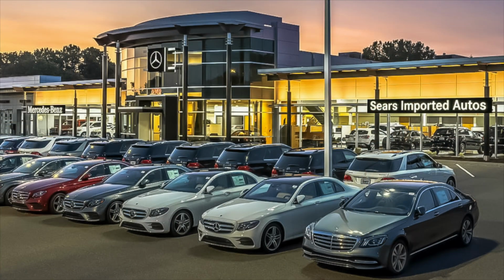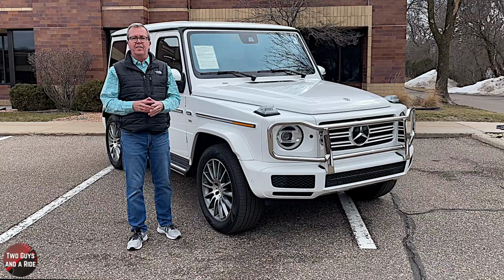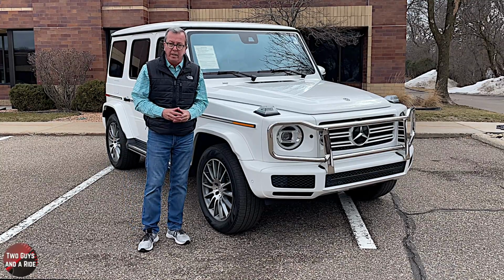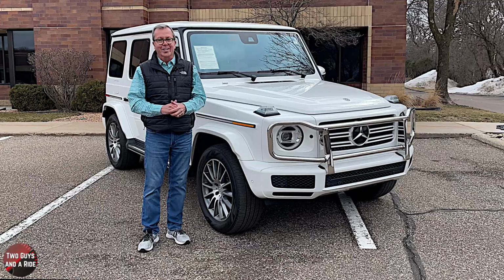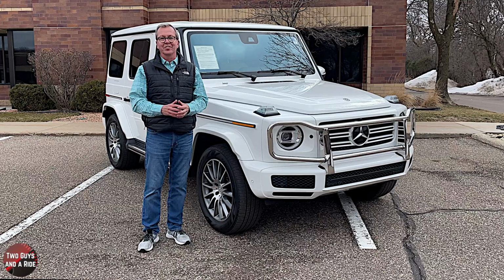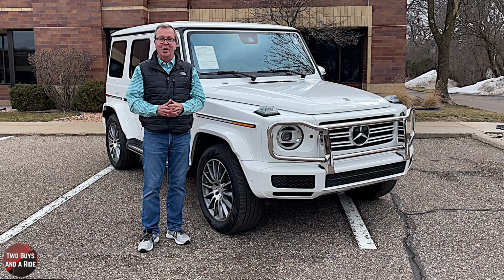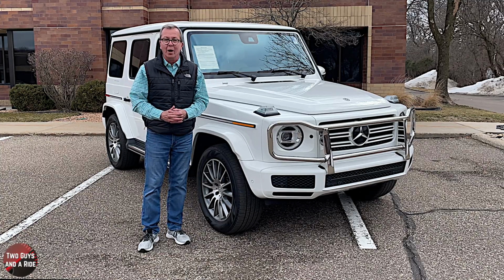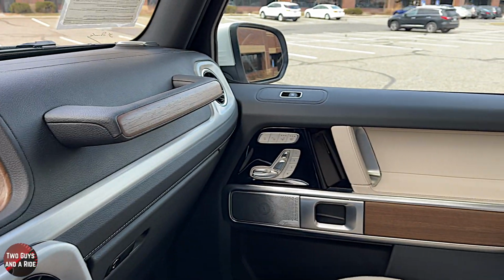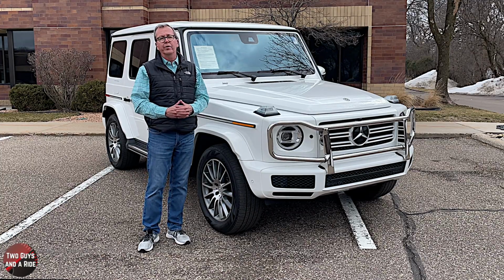Today, we're working with our friends at Sears Imported Autos, selling beautiful Mercedes-Benz in Minnetonka, Minnesota. This is a 2021 Mercedes-Benz G550, and there are currently 45 exterior colors with 29 interior colors and 7 different trim options available for the G Wagon. Boy, that's a lot of choices, but you can make it your very own. This one is presented in polar white, and it has a beautiful macchiato beige and black interior, and it has a current market price of